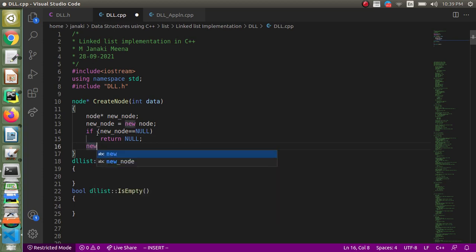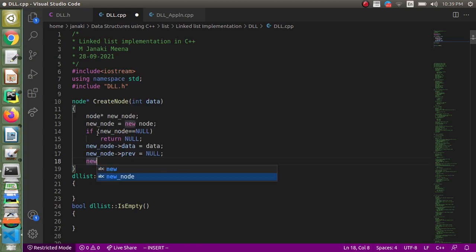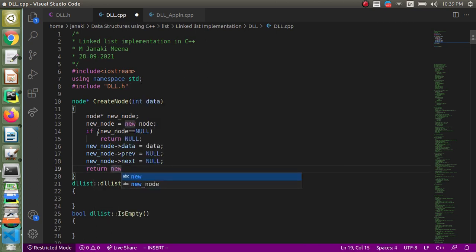Otherwise we make the data part of the new node equal to the data which is coming, the new node's previous is equal to null, and the new node's next is also going to be null. And also we have to return the address of the new node on successful creation.